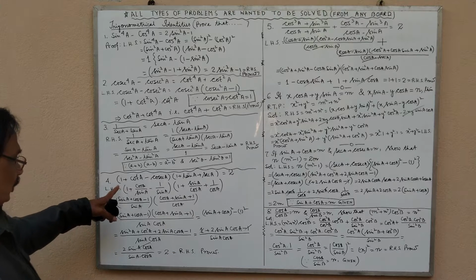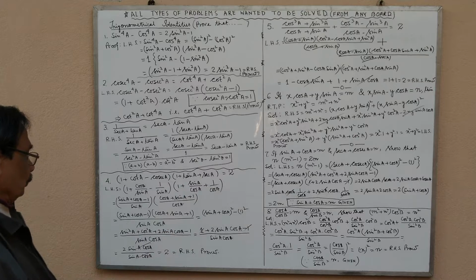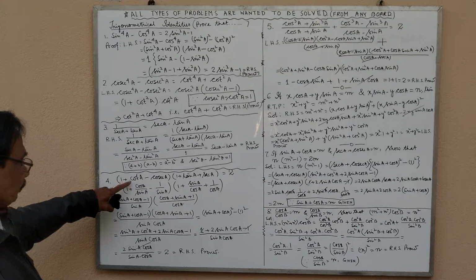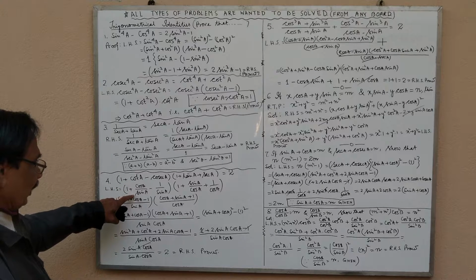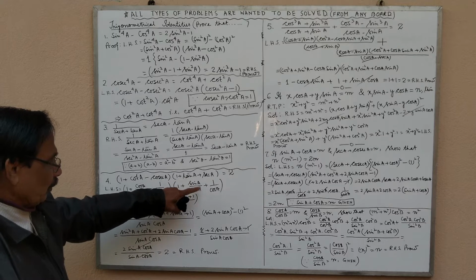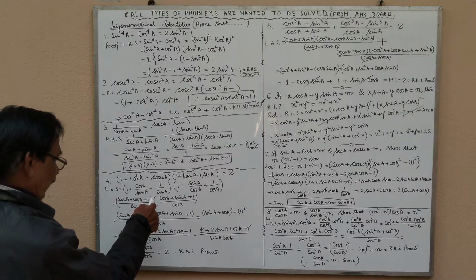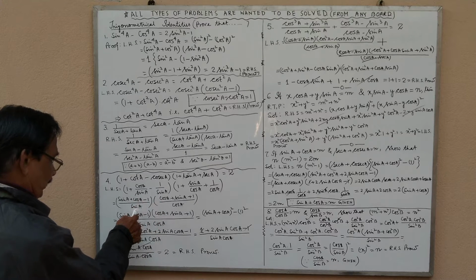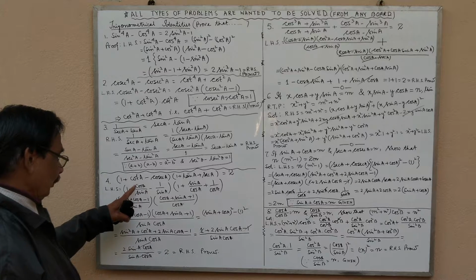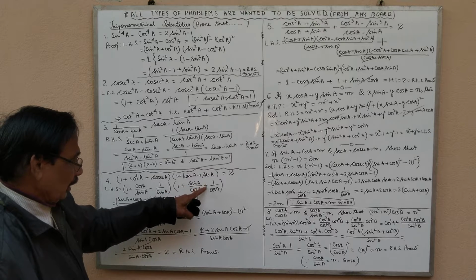Again, the other one is (1 plus cot a minus cosec a) by (1 minus cot a plus cosec a) equals 2. Taking cot a equals cos a by sin a and cosec a equals 1 by sin a, and tan a equals sin a by cos a and sec a equals 1 by cos a. By taking addition and subtraction in this way as fractions, we get sin a plus cos a minus 1 in the numerator, and cos a plus sin a plus 1 in the denominator.